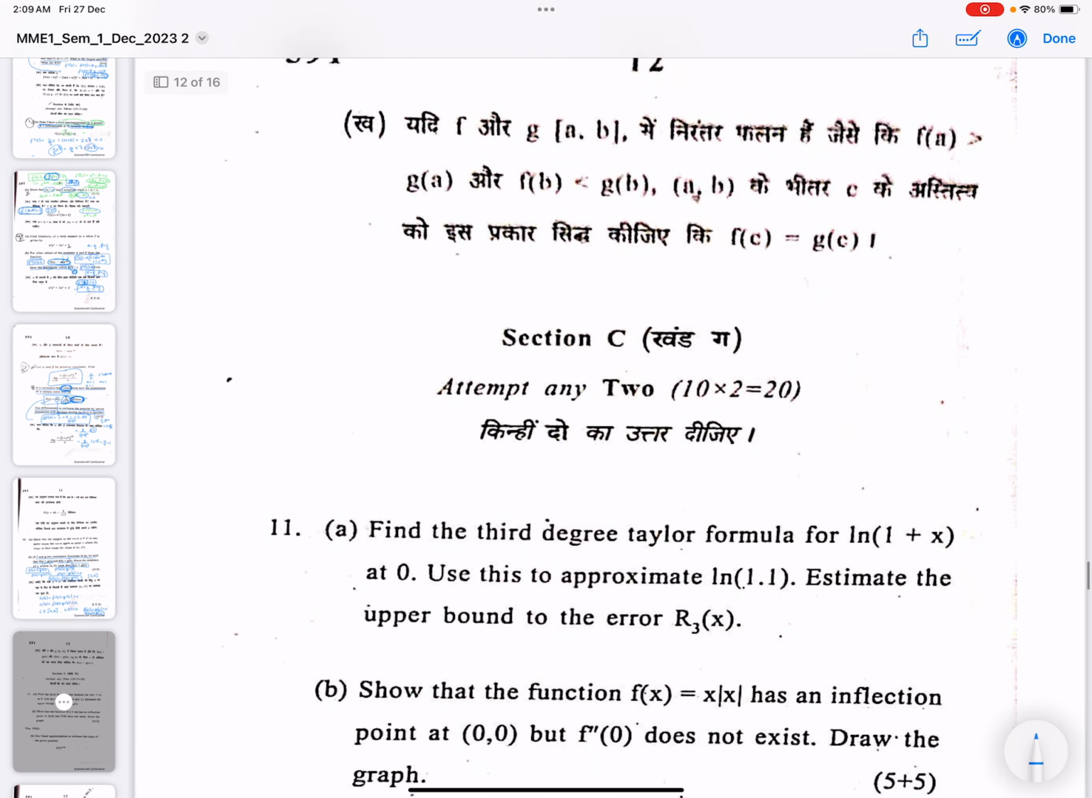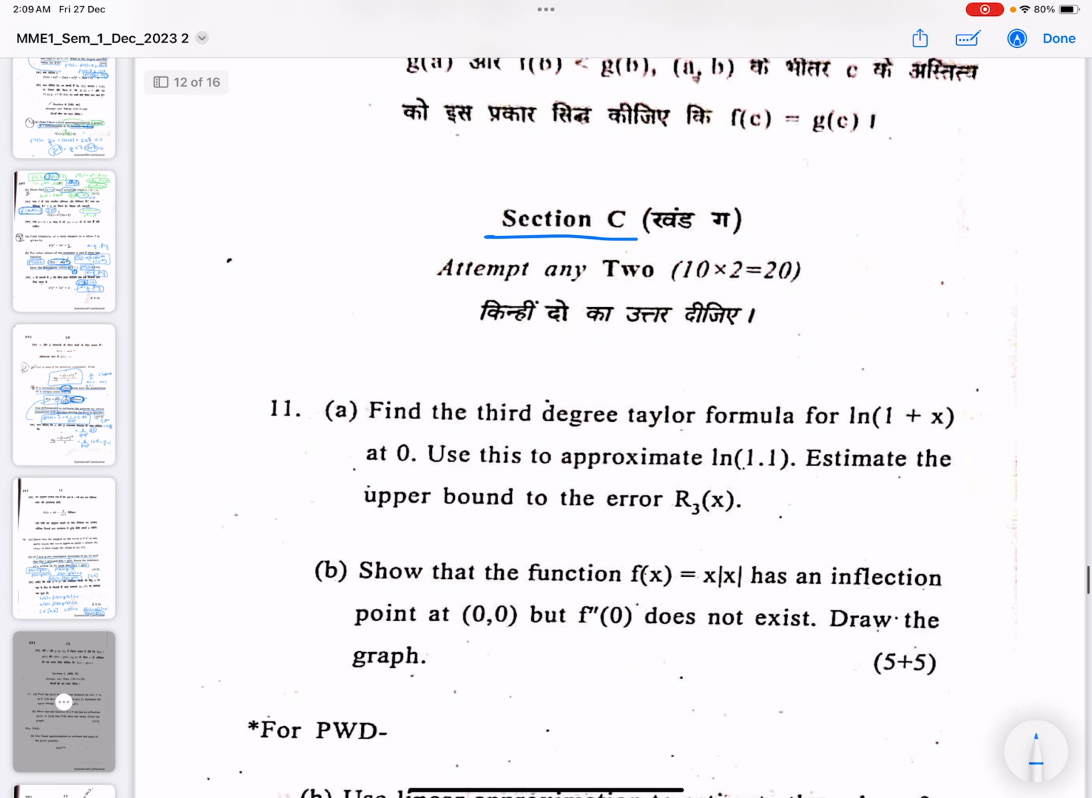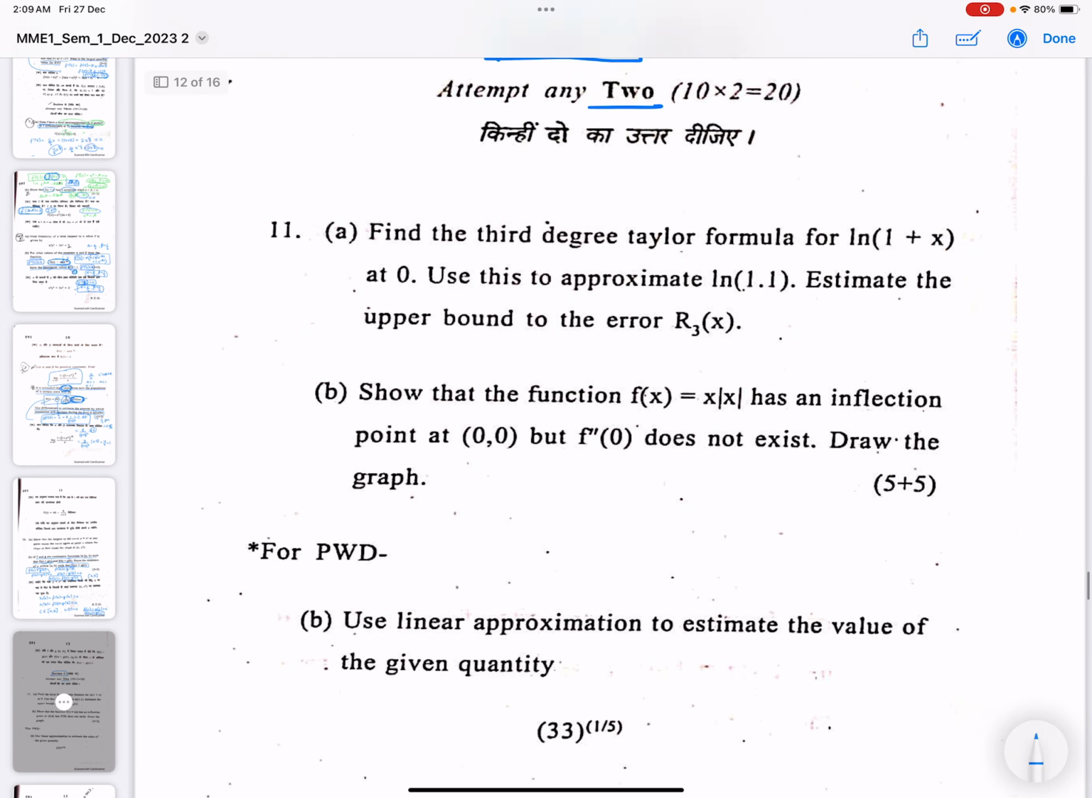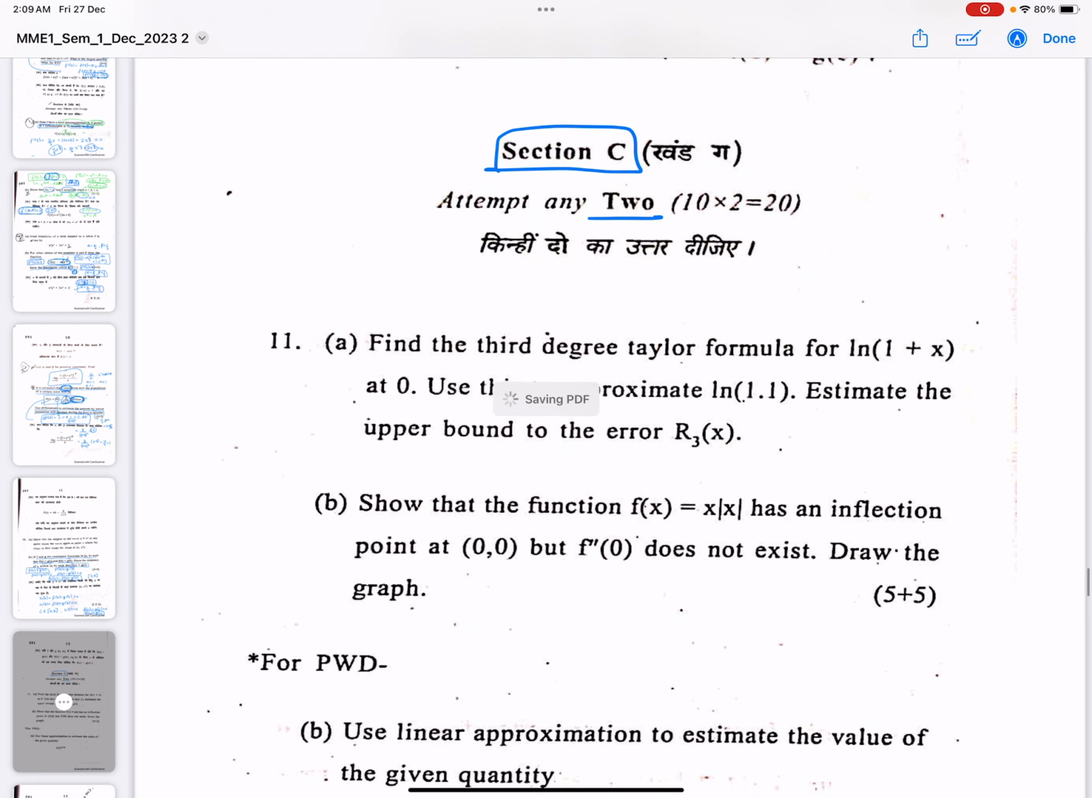Now we have come to section C. You are supposed to attempt any two questions. Find the third degree Taylor formula for log(1 + x) at 0. Use this to approximate log 1.1. Estimate the upper bound to the error